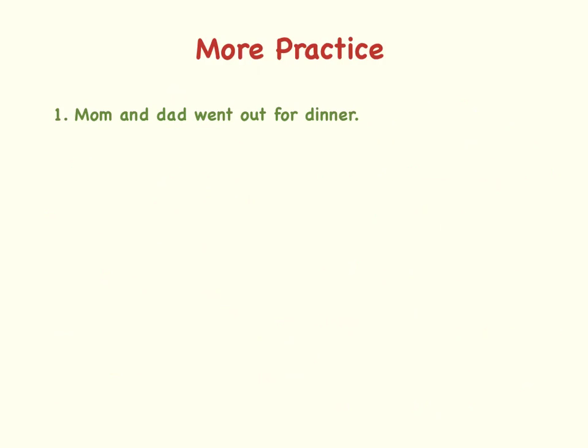All right, we're going to do some more practice because I just want to make sure that when we're reading sentences and we're trying to find what the action verb is in a sentence, that we're able to do so accurately and consistently. So in this first sentence, Mom and Dad went out for dinner. What is the verb in this sentence? Okay, if you answered went, then you are correct. And that would be a physical action verb, by the way, because to go out for dinner requires that you physically do something. So good job on that.